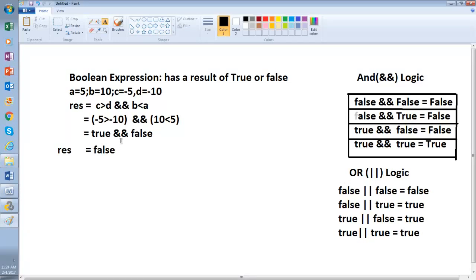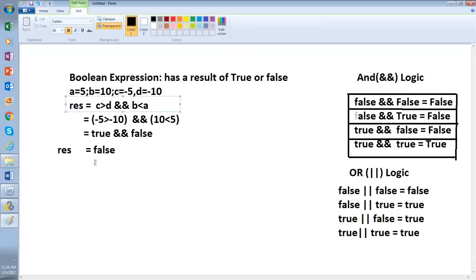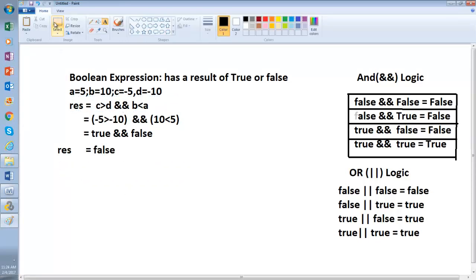Okay. Now, can you solve this equation? Actually, I will be solving it because I don't want to waste time here. The result of this equation is true anyway.